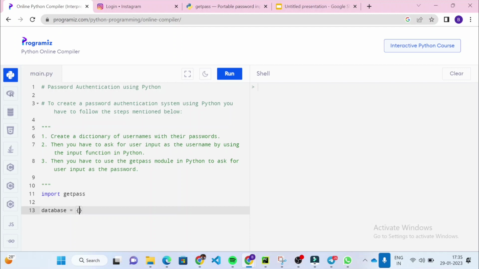A dictionary always has curly braces, and I'm defining the username Ashish.Kumar. For example, in a company there are lots of people having the same name Ashish. So I'm defining it and giving the password 123456. Then for the second Ashish, maybe it will be Ashish Ranjan, and giving the password